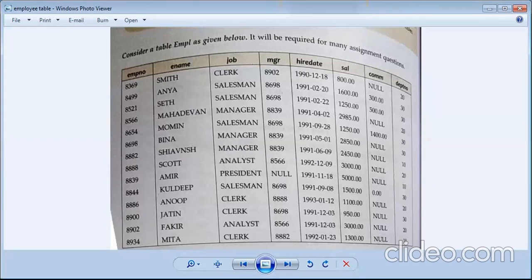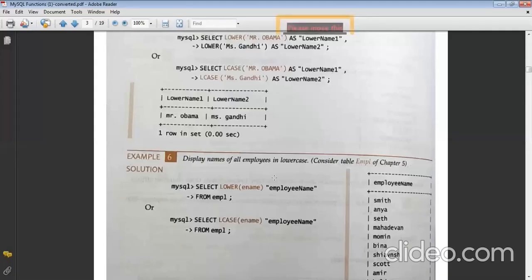So we wanted to apply a query, and wanted that in the employee table, जो भी आपके ename हैं, employee name हैं, I wanted them all converted to lower case. So how will I do it? Select lower ename, and when the output comes, since this is a function, it should be saved with the column name employee name, as you can see the output over here, from table employee. So this is the way it will be used.